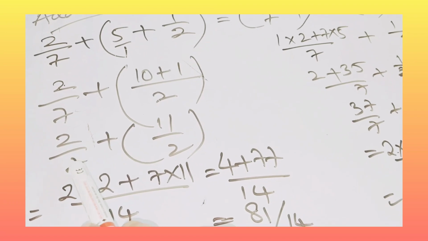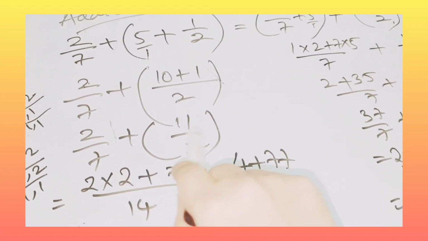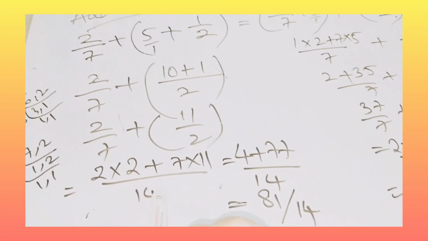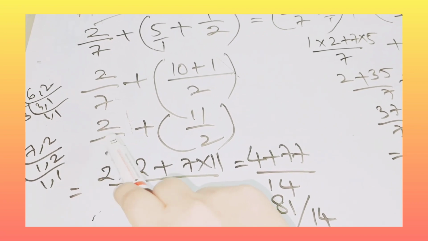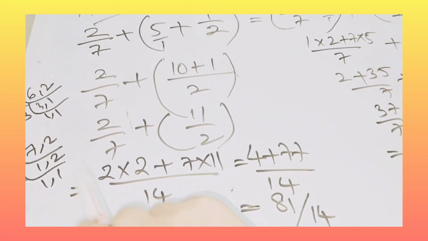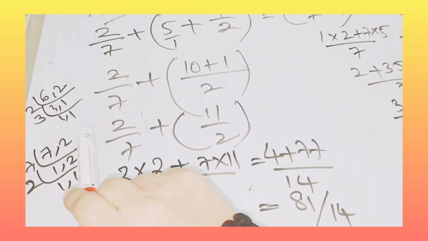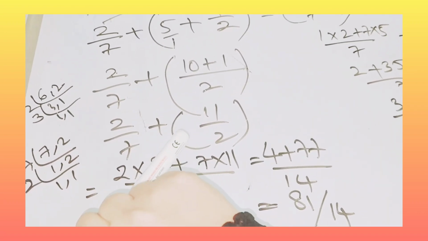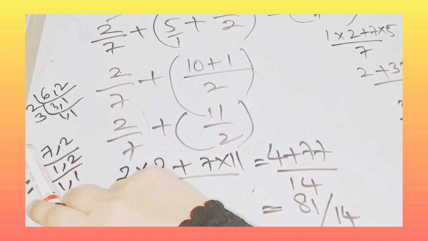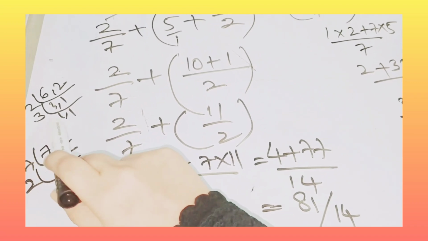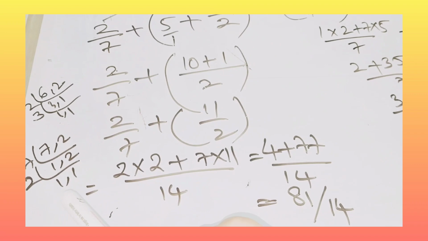Now again you have to take LCM of 7 and 2, or you can directly multiply, as they are co-primes. 7 and 2 is 14, 7 2s are 14. Okay, so if here 6 is there, you can't multiply 6 2s are 12, you can't write here. Okay, so that's why I'm showing you the LCM. So see whether they are co-primes or not. Okay, 6 and 2 is there, 2 3s are 6, we are taking 2 1s are 2. Okay, 3 1s are 3, answer is 6 here. Okay, that's why do LCM, it will be better if you do LCM.